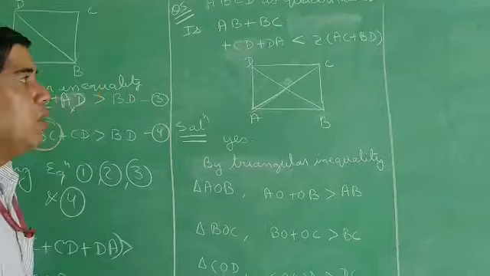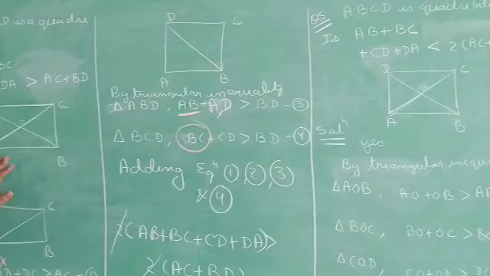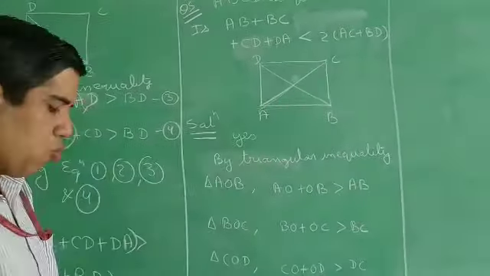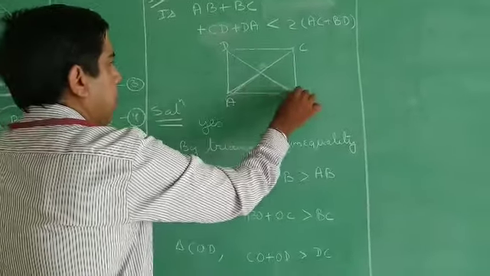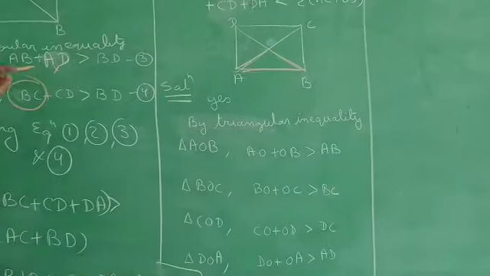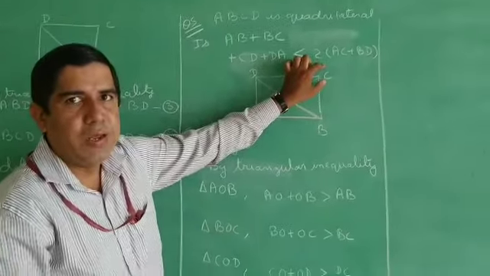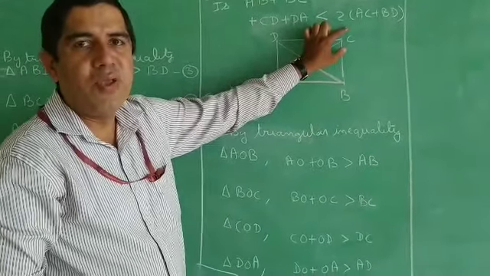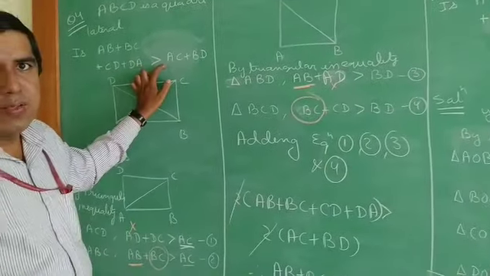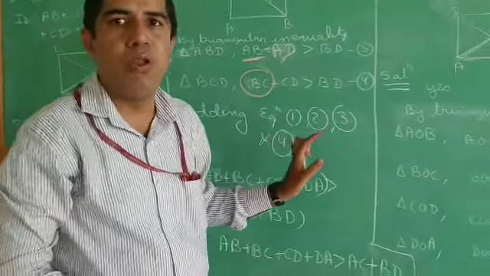Now how to remember where to take the 4 parts and where to take 2 parts, because you will get confused here. Here I have taken 2 parts, here I have taken 4 parts. Right here I am going to proceed only with these triangles. Like this I am going to move 4 small triangles. Here I am going to divide it in 2 parts. Very simple: whichever number is here, take double of that. If it is 2 here, you have to divide this given figure in 4 parts. And here, where there is no number, it means 1, and 1 double is 2, so you have to divide this in 2 parts. Understood? It will be easy for you to solve the problem.